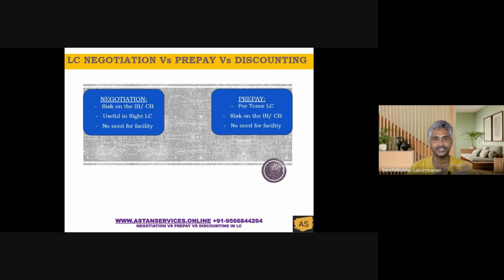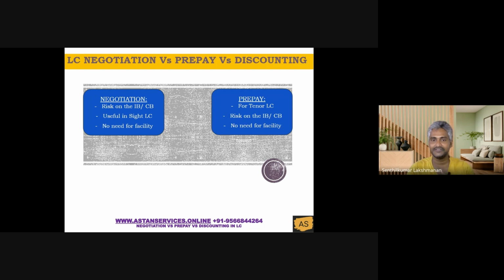This is not a negotiation LC. This is just an acceptance LC or a deferred payment undertaking LC where you have accepted the documents. At a later point of time, you may choose to prepay the LC. In these cases, most of the time, the nominated bank will be waiting for the acceptance message given by the issuing bank. So the issuing bank will say that we have received the documents, we have checked them, and they are fine and clean. So we provide you the acceptance, stating that you will receive the amount on maturity date, on so and so date.